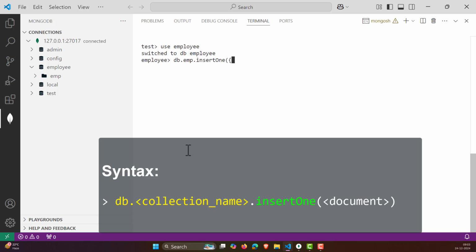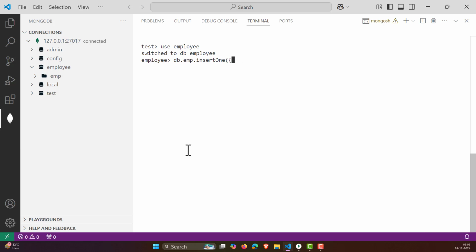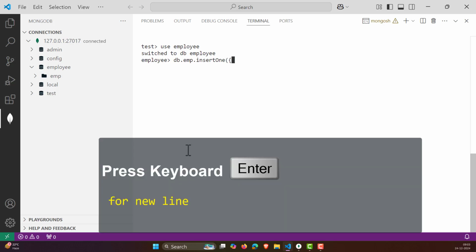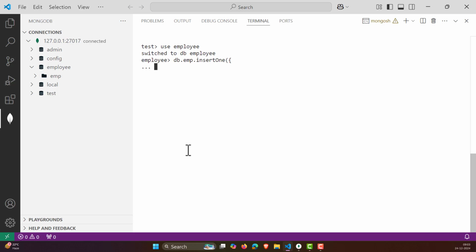Now use the parentheses, and within the parentheses you need to type the following. Let me run it this way, delete this, and press enter. It immediately goes to the next line, and we can see the nice indentation followed by MongoDB, which is easy to read. Anyway, let's create the name. The name will be beam, and for this beam, the age is 34,